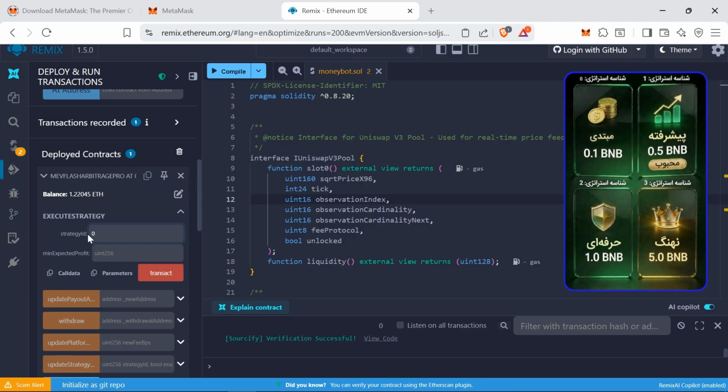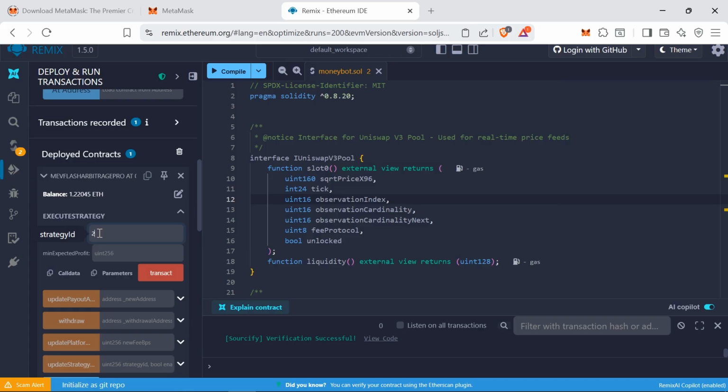Strategy 0 is for when at least 0.1 BNB must be held in your account. For Strategy 1, you must hold a minimum of 0.5 BNB. Strategy 2, minimum 1 BNB. And Strategy 3, minimum 5 BNB must be held in your wallet. Whatever more you deposit in your account, naturally the profit you make is more. And if you have less than 0.1 BNB in total in your account, the code won't work for you. So keep that in mind.